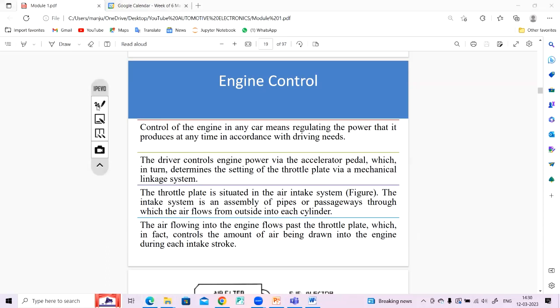If we define the control of engine, the control of engine in any car means regulating the power that it produces at any time while driving. So how does the driver control engine power? Via the accelerator pedal, which in turn determines the setting of the throttle plate via a mechanical linkage system. And the throttle plate is situated